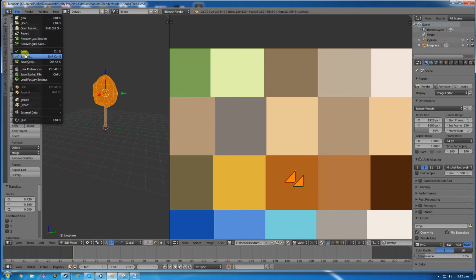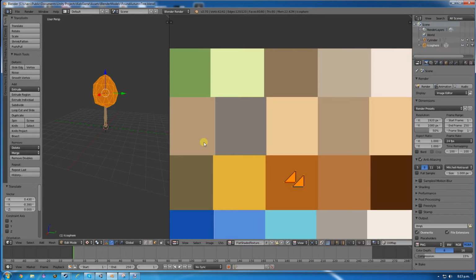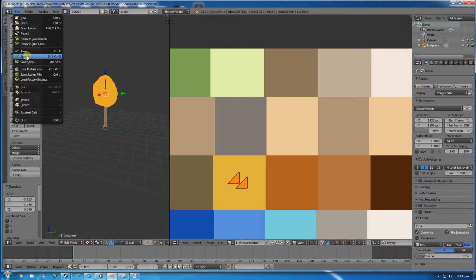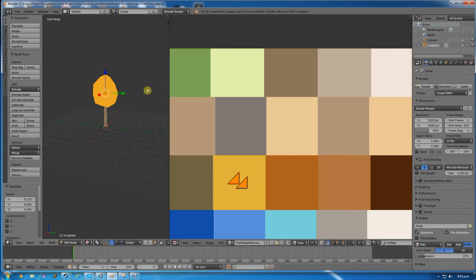And then I'm going to save as. And this time, this one's going to be round autumn tree.blend. Save as Blender file. And then again, I'm going to put it on the yellow one. Save as round autumn tree yellow.blend. Save as Blender file. Okay, so what I should be able to do now is if I switch to Unity, it's down here,